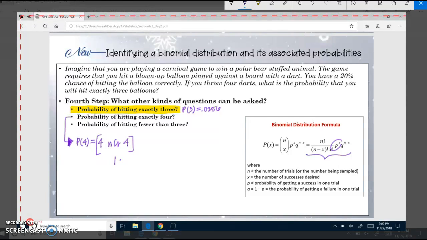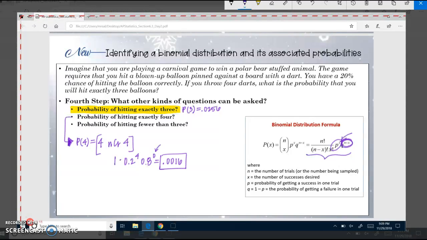Then you're going to multiply by probability of success, so 0.2, raised to the number of successes, which is your x value, so 4 in this case. And then q is your probability of failure, so 0.8. Here, n minus x is going to be 4 minus 4, because 4 darts, 4 successes, so this is going to be to the 0 power. So this will end up being 1 times 0.2 to the 4th power, and then anything to the 0 power is just going to be 1. So your final probability value is going to be